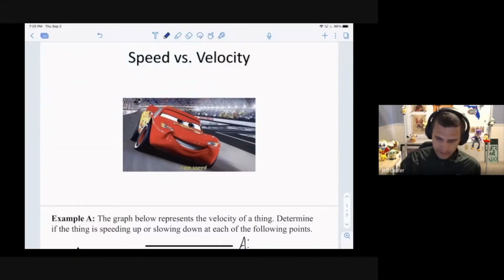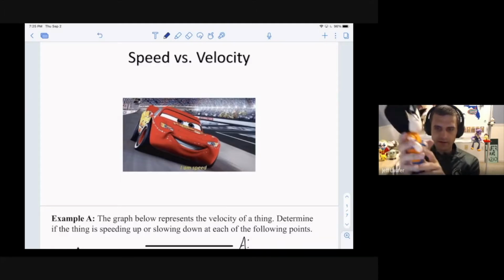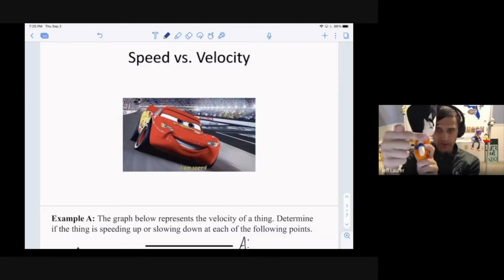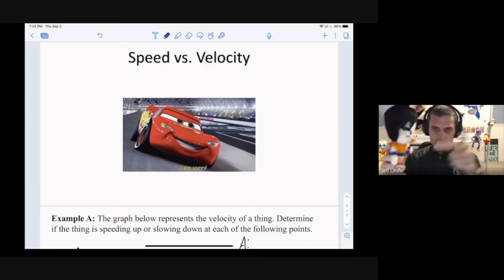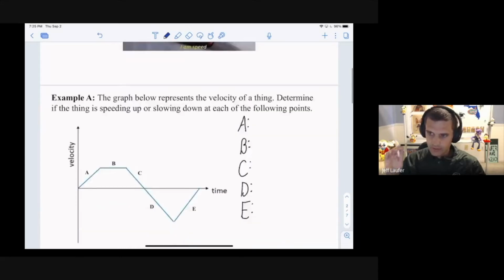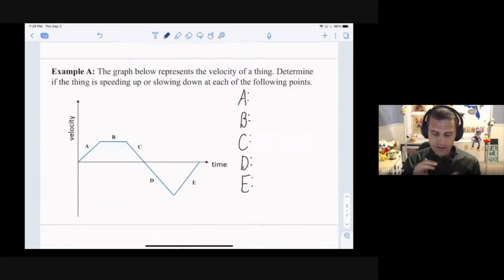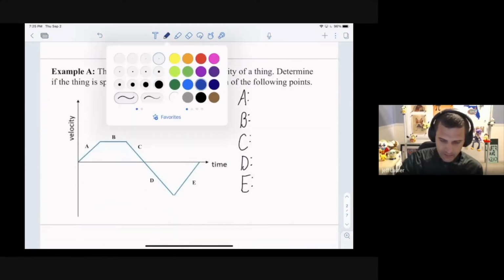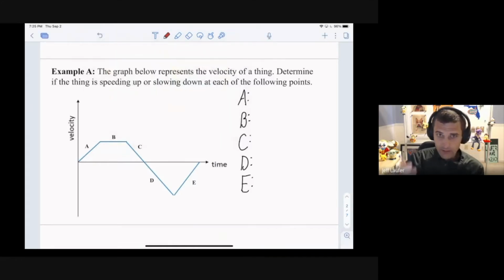Okay, and then here's what that looks like on a graph. Example A is going to look at a velocity versus time graph and how to tell whether speed is increasing or decreasing. So the general rule, again, is that if velocity and acceleration are in the same direction, an object speeds up. If they're in opposite direction, the object's going to slow down. Okay, so there's 5 segments here, A, B, C, D, and E. And for this, the slope of the graph